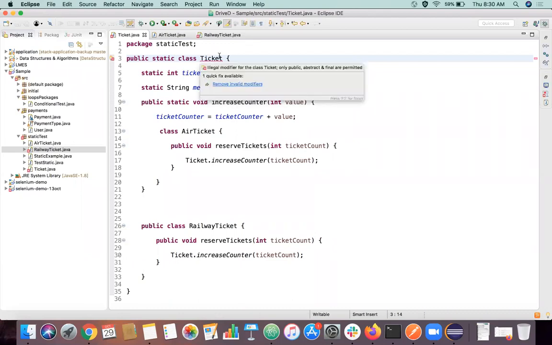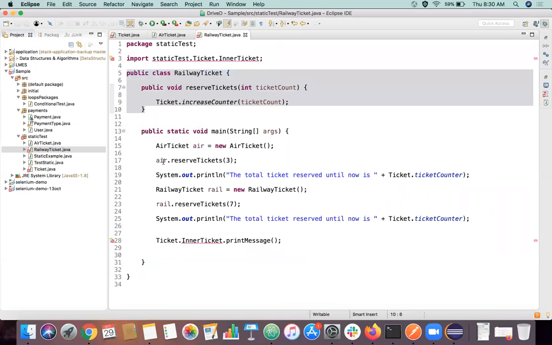What is creating an object? We are creating an object by giving the new operator. What this new operator will do is call the constructor of that object, create some memory location for this object and put it in memory, right?